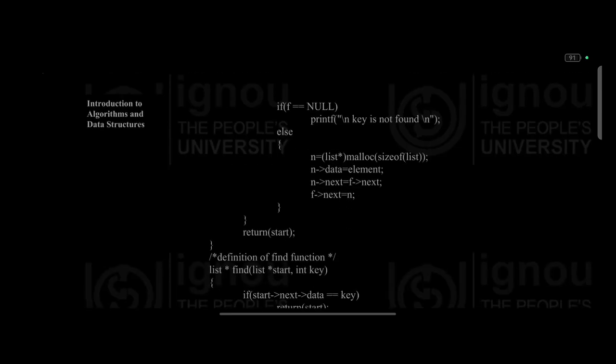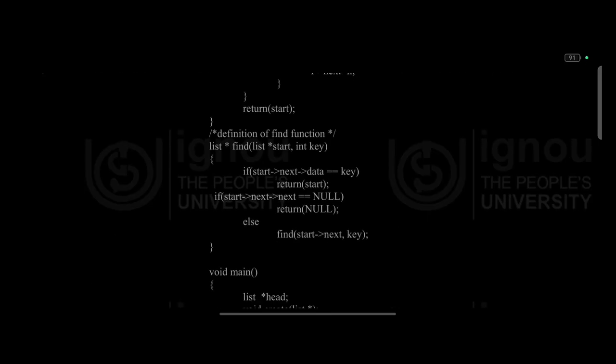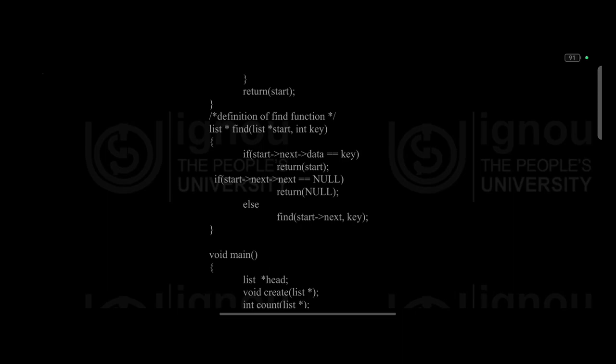If f == NULL, printf("key is not found"). Else n = (list *)malloc(sizeof(list)); n->data = element; n->next = f->next; f->next = n. Return start. Definition of the find function: